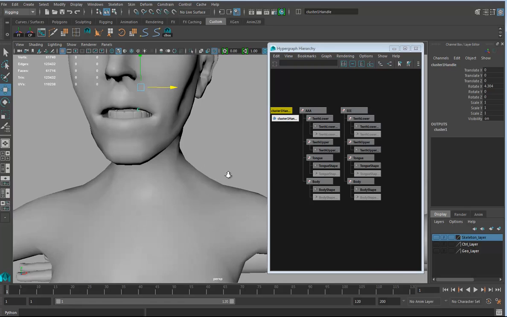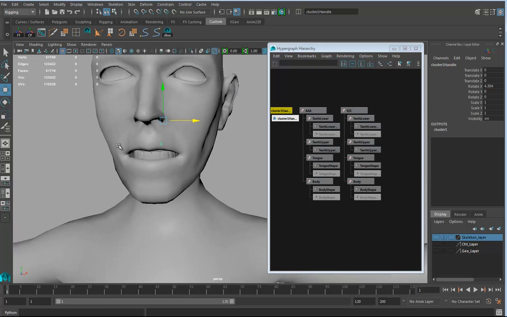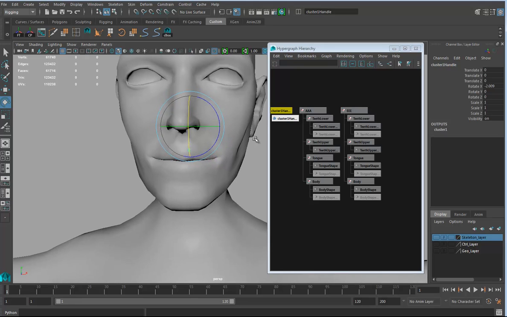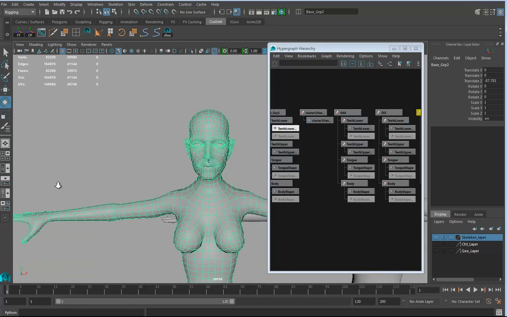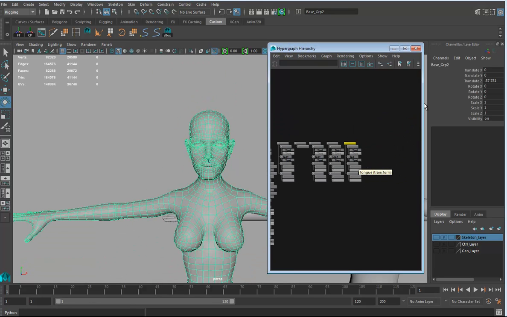So we got the A, we got the E, and then we got to do an M face. So let's go and grab this tool and rotate it up, make sure the mouth is closed, something like that. Okay, cool. And grab this, make a duplicate of the group again, and this one we're going to call